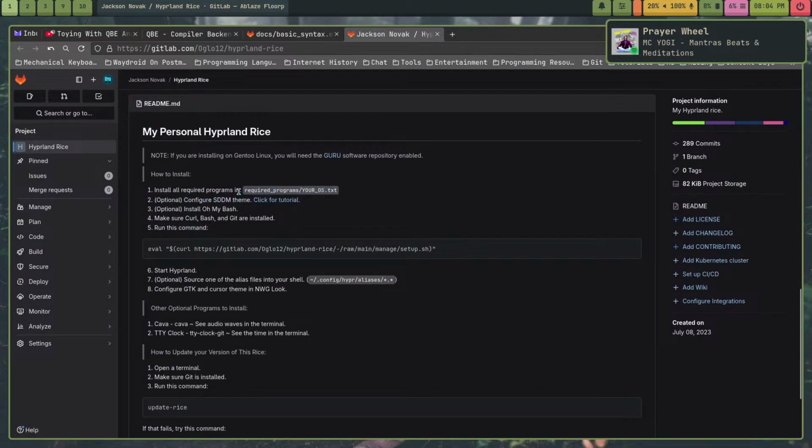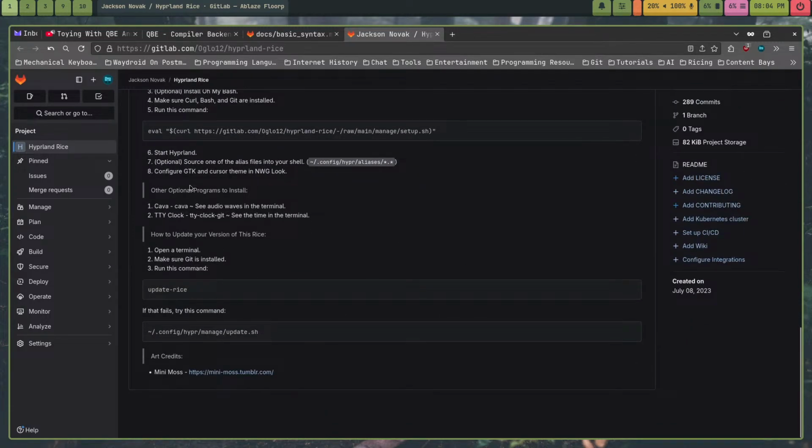You install the required programs, configure SDDM if you want, install Oh My Bash or something else. Essentially, the optional stuff, it's not Rice specific, really. Make sure curl, bash and git are installed, which they should be. The only thing you might have to install is git. Run this command, then you just run this command, it evaluates the setup script, and then you just start Hyprland